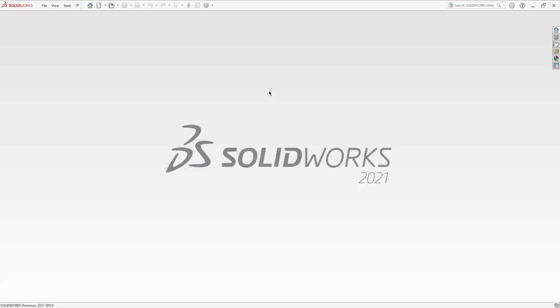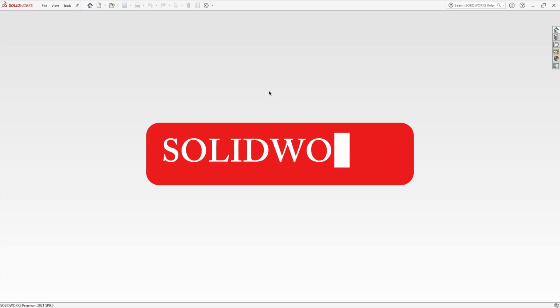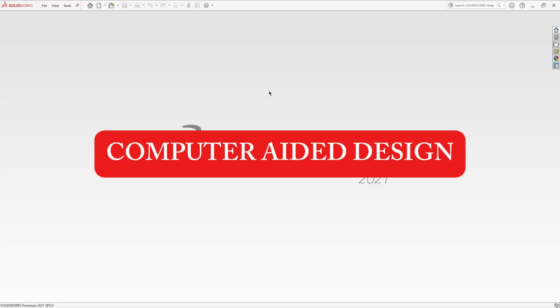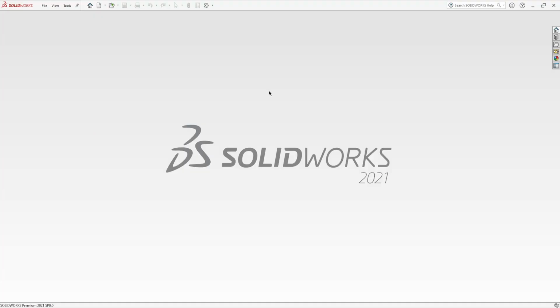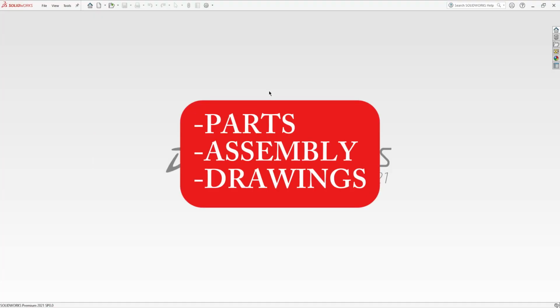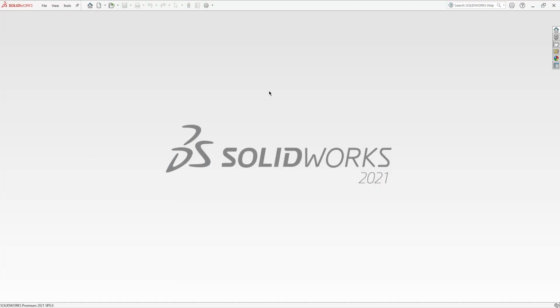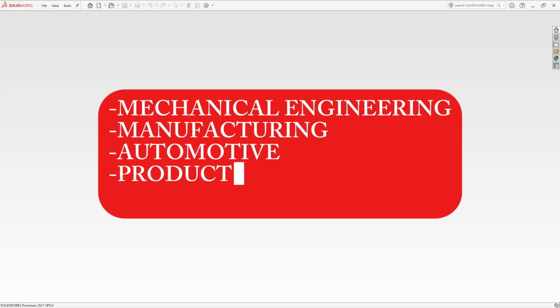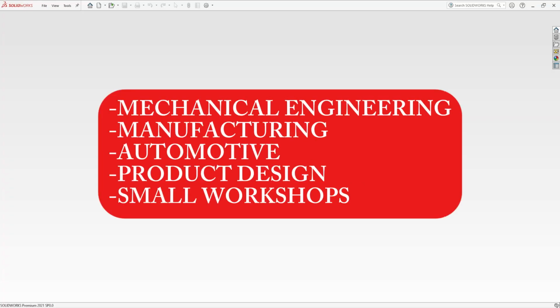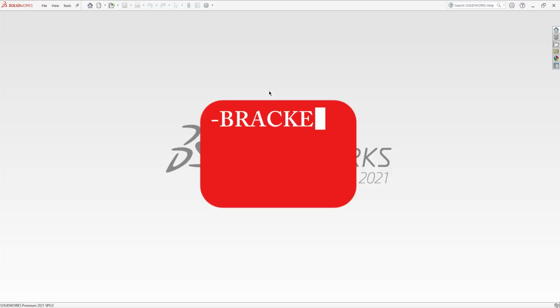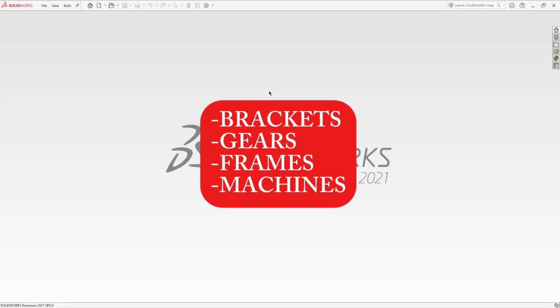So first, what exactly is SOLIDWORKS? SOLIDWORKS is a 3D CAD software, and CAD simply means computer-aided design. It's used to design parts, assemblies, and technical drawings. You'll see SOLIDWORKS used in industries like mechanical engineering, manufacturing, automotive, product design, and even small workshops. If you want to design real-world parts like brackets, gears, frames, or even full machines, SOLIDWORKS is one of the